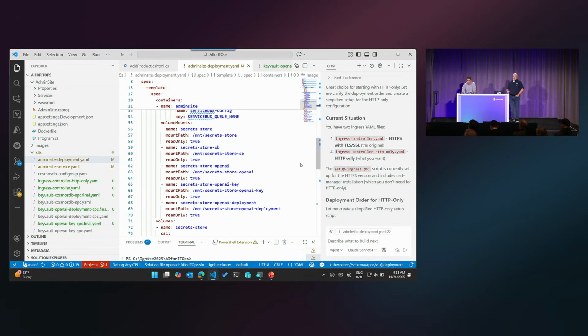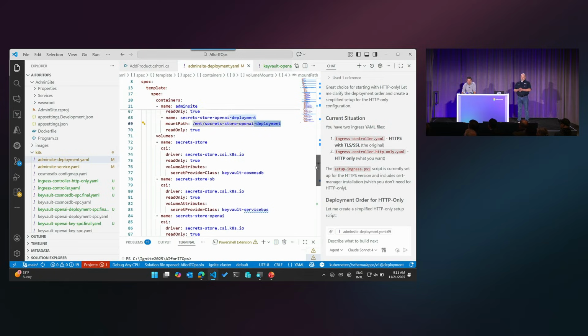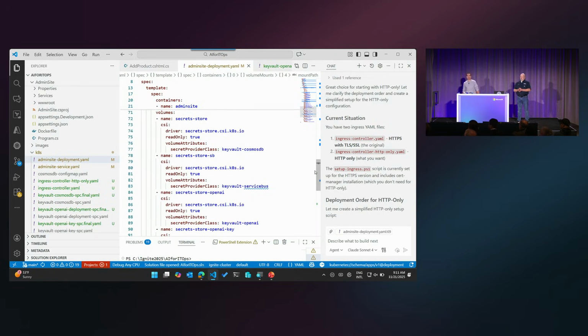So the volume mounts that we just talked about are right here. So the key for OpenAI, the OpenAI service, and the deployment. And those will be mounted as a volume mount. And the thing about Kubernetes is that, remember that I said you have a lot of flexibility with cloud native? One of the things that we have is what we call CSI, the storage interface. I forgot what the C is, but the storage interface is also something that you can pick and choose between multiple options in the cloud native environment.